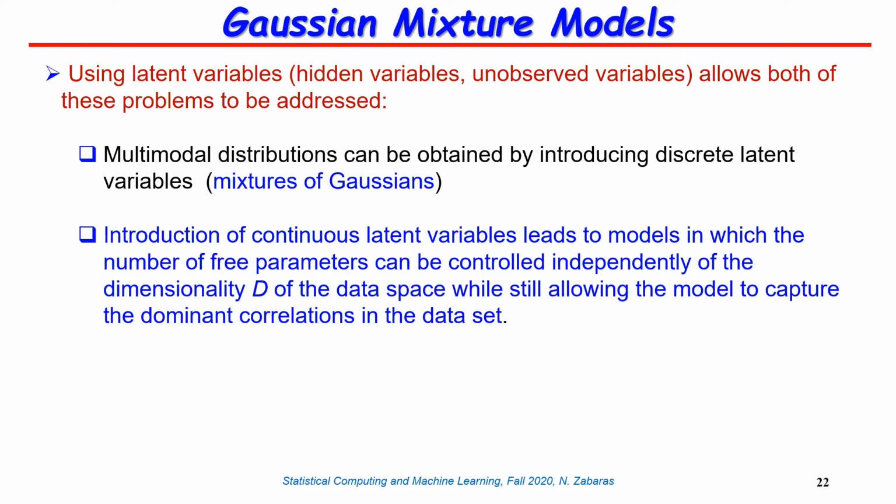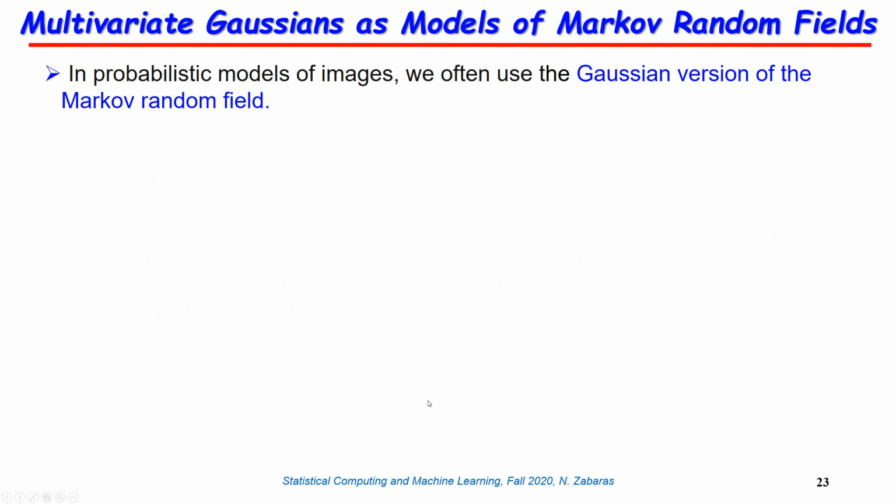So again, some of these concepts are new here, and we will revisit this when we discuss latent variable models. But just remember that you can do this generalization with discrete latent variables and continuous latent variables, and this will help us to address all the deficiencies of Gaussians being used alone. Okay,